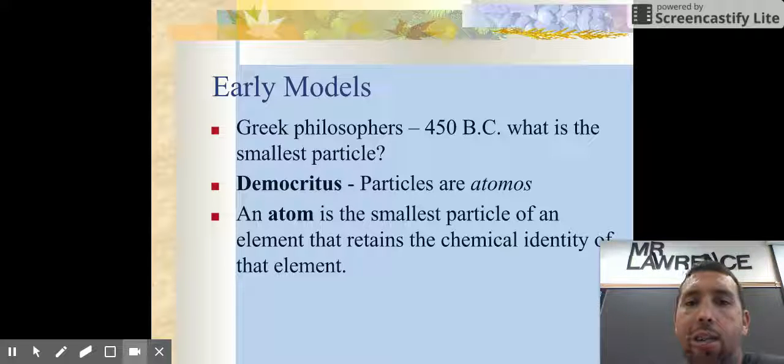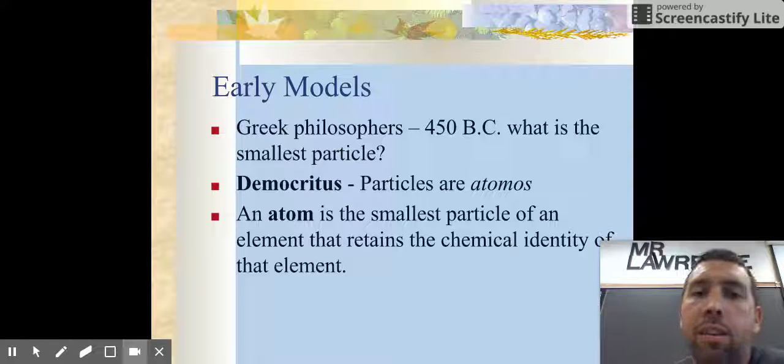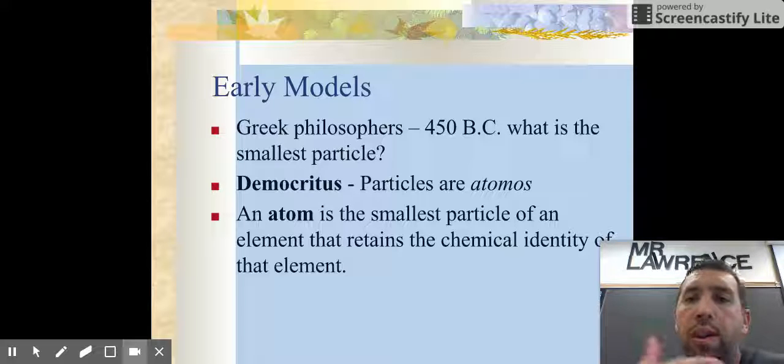On the other side, you had Aristotle, and he had the opposite idea. It's kind of like he watched an episode of Alice in Wonderland, or he got caught in a Macy's dressing room and saw two mirrors face to face. When he saw that, he thought about this idea of an infinite continuum loop: when you look into two mirrors facing each other, they appear to reflect on for eternity. So Aristotle thought that all matter was made up of something smaller, and that smaller matter was made up of something smaller, and that small particle was made up of something smaller, and so on.